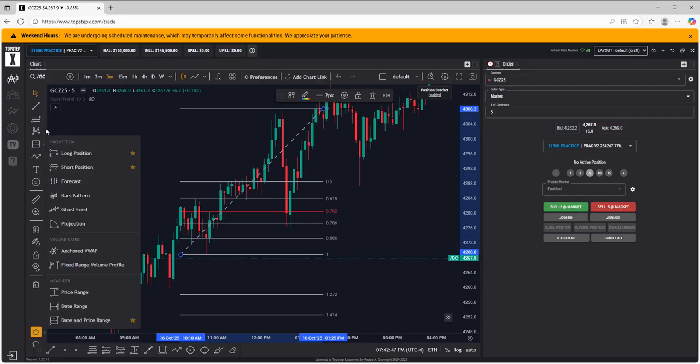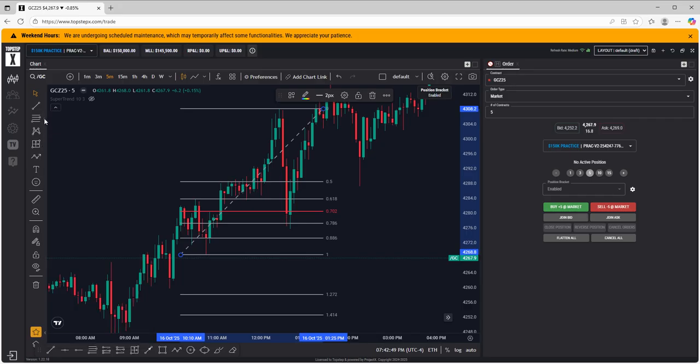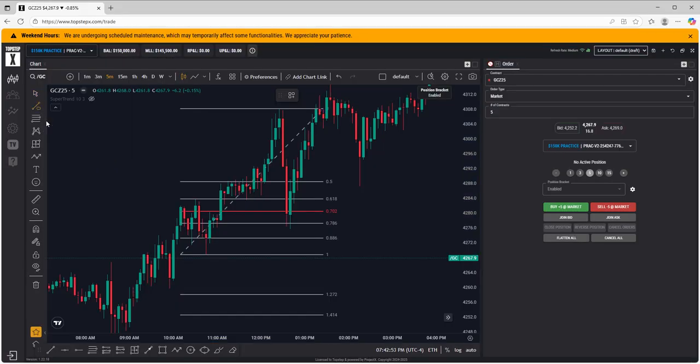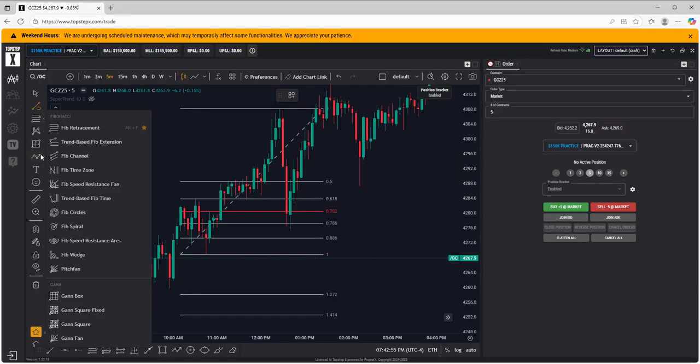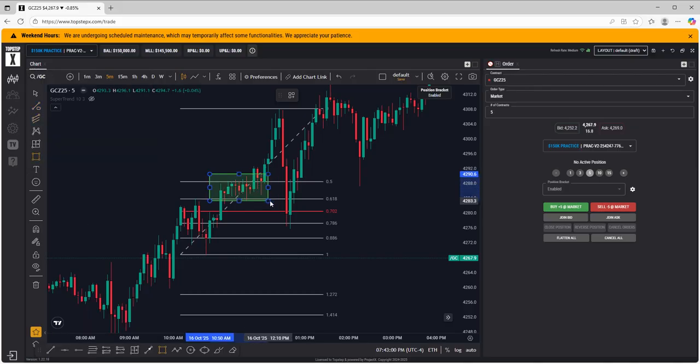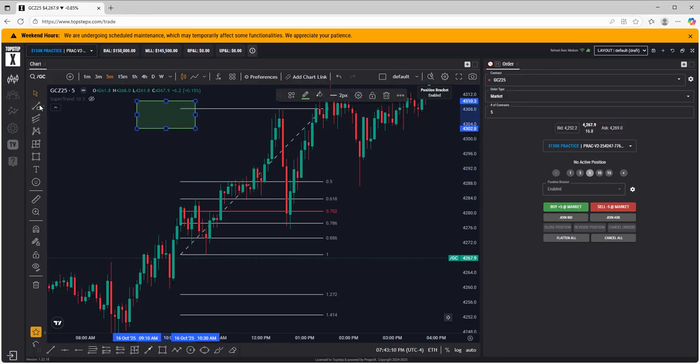Let me try to highlight this. Where's my tools at? There we go. Essentially, this area looks like it's consolidating, right? We're making higher highs and higher lows, right? But no clear direction. While that is happening, it is creating liquidity,